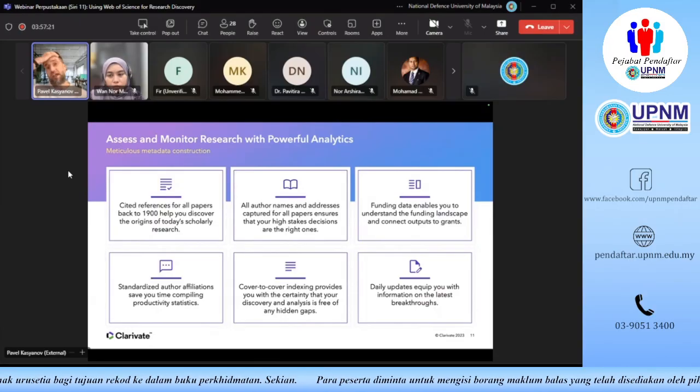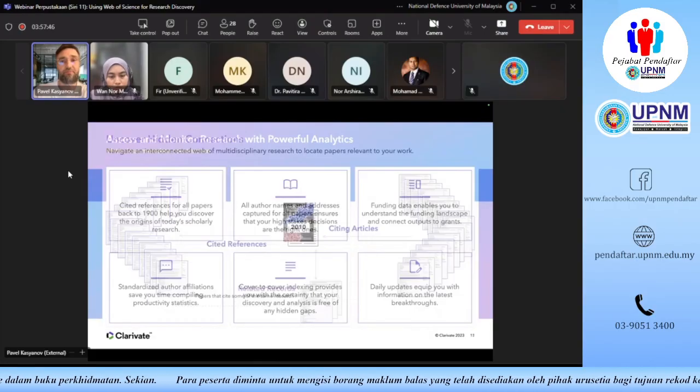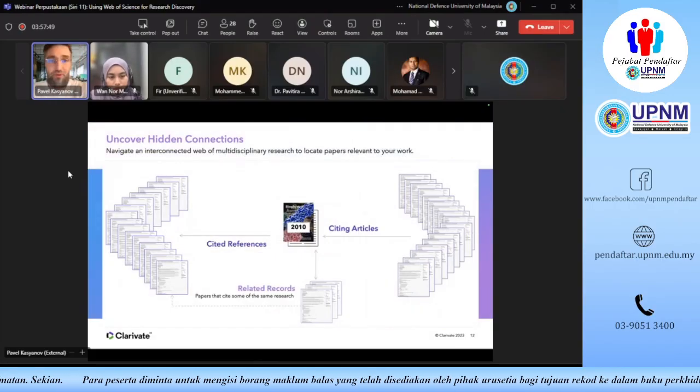And if we index them, we index all of their cited references, which is going to be very important when we start calculating the times cited, or the citation counts, for the documents. We index all of the author names and each of their author affiliations. So we will talk about that as well. All of them really make sure that the quality of the data you're working with is really good. And we are getting to probably the cornerstone of what makes Web of Science so important for discovery and for research evaluation purposes. So it's the times cited counts that we're calculating for each of the documents.